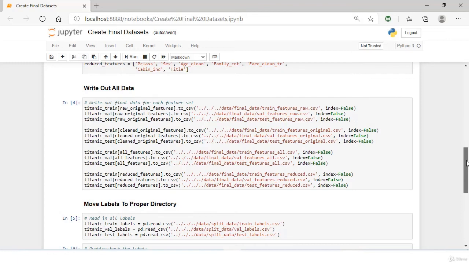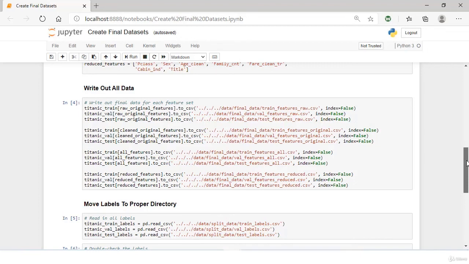We'll just be building models on different sets of features for each example in our training, validation, and test sets. Starting on our first line here, we're going to tell Pandas to select all our features in the raw original feature set, and then write that out to a CSV called train features raw. Then we'll do that also for the validation and test sets, and we'll do this for each set of features that we want to define. So let's go back and run the cell that's going to create our feature sets, and then we'll write all